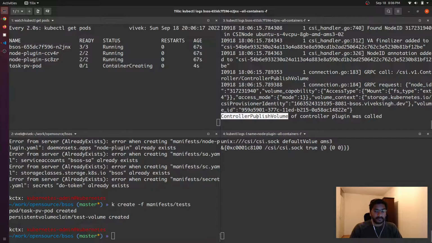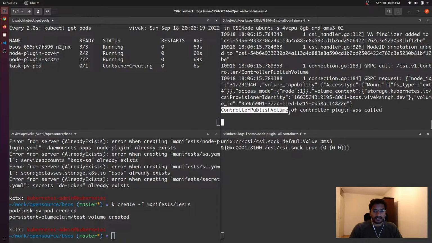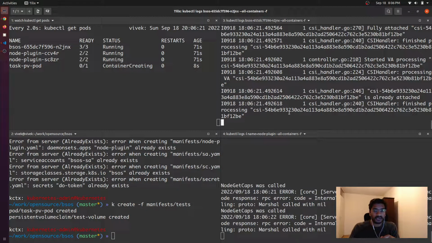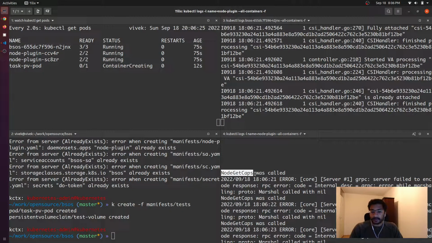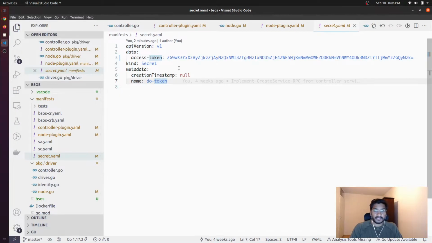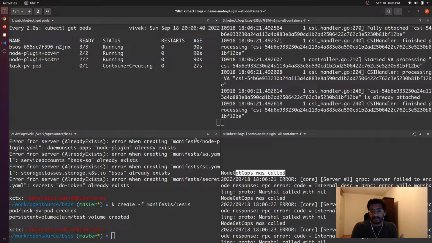And if you see, ControllerPublishVolume was called. So initially CreateVolume was called, and then ControllerPublishVolume was called. And if you see here, NodeGetCapabilities was called as well. If you see here, we are able to see this log from the Node plugin that we have just added. So it simply means that, if I try to summarize everything once again,